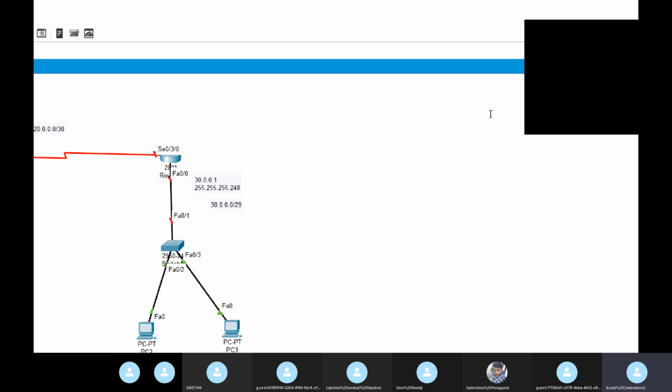Then when it comes to /9, again it will start from 128. And when it comes to /16, then again when you go for /17, it will again repeat from 128. So you just calculate like that.